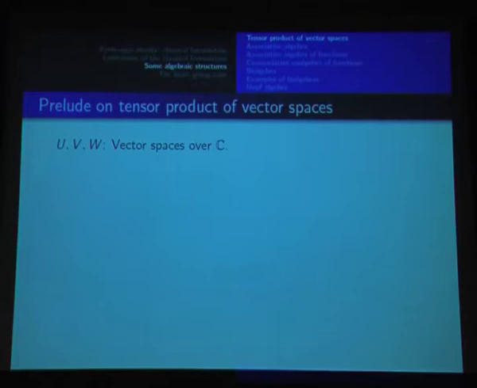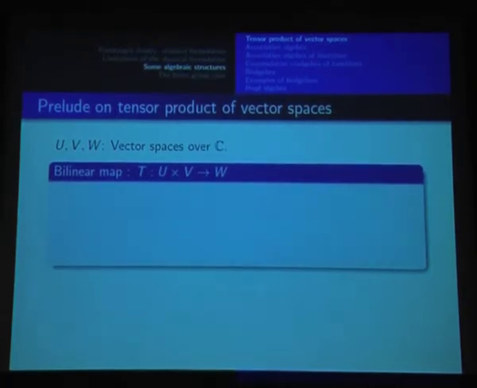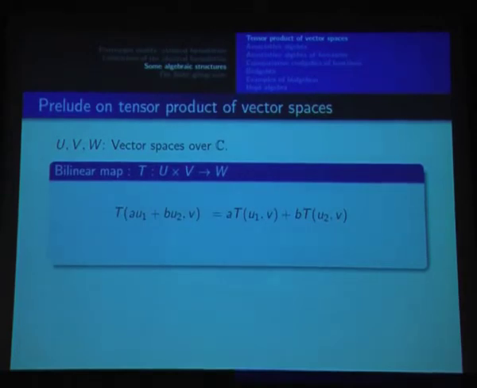So, we have vector spaces U, V, W. Suppose we have vector spaces over complex numbers, and we have studied linear maps, but there could be maps which are not linear, but which are nice in some sense. These are called bilinear, or in general multilinear maps. They are defined as follows. Suppose T is a map from U cross V to W. I say T is bilinear if T satisfies this condition, namely T of